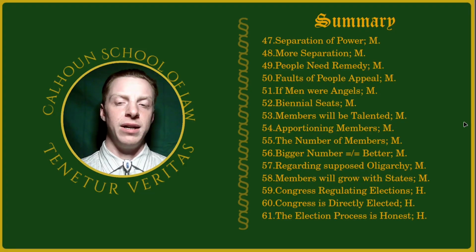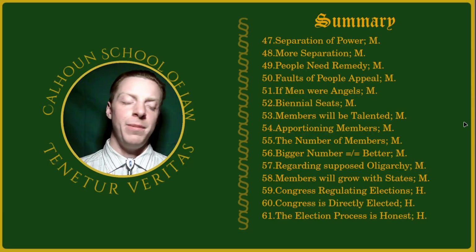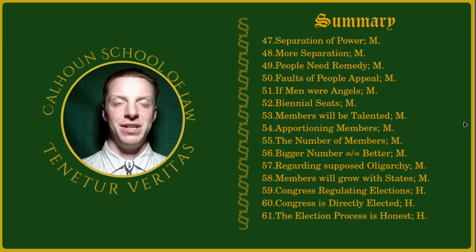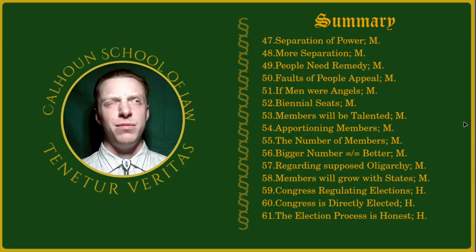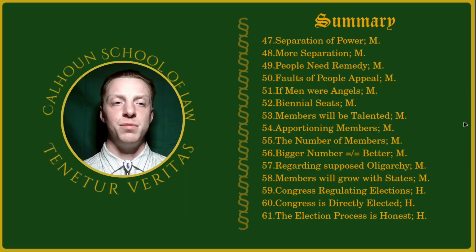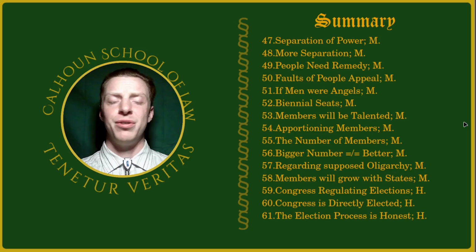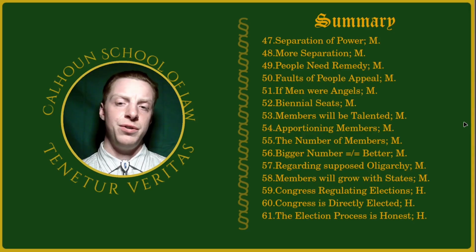Number 59, Congress regulating elections, directing or provided by Hamilton. So he's arguing for the federal government's involvement in how the elections are going to be conducted. Now, of course, the U.S. Constitution says that the states are going to retain how their elections will take place. If I remember correctly, it establishes when the election day will take place and the term lengths for each of the offices, but ultimately how the election is going to be counted, how the election is going to take place, where the voting booths, if there's going to be a voting booth, if it's going to be paper or digital, all of that is left to the states.